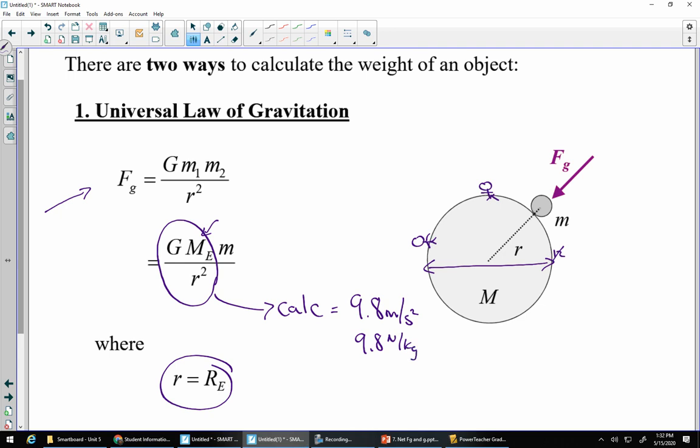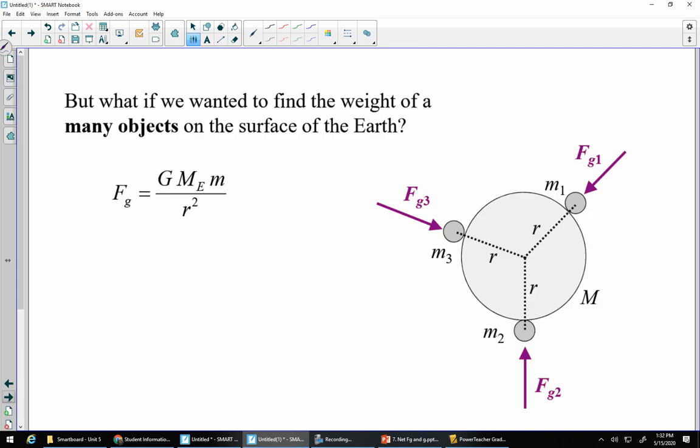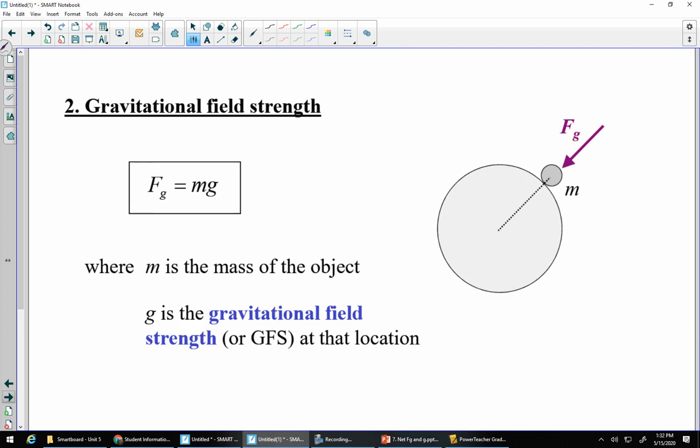So anyways, I'm rambling a little bit here. First way is to use Newton's universal law of gravitation. Again, we've already talked about, if we wanted to do this over and over again for stuff on the surface of the Earth, all of this is constant. Everything you see in the circle is, for all intents and purposes, constant, which actually means that we can make our next equation,